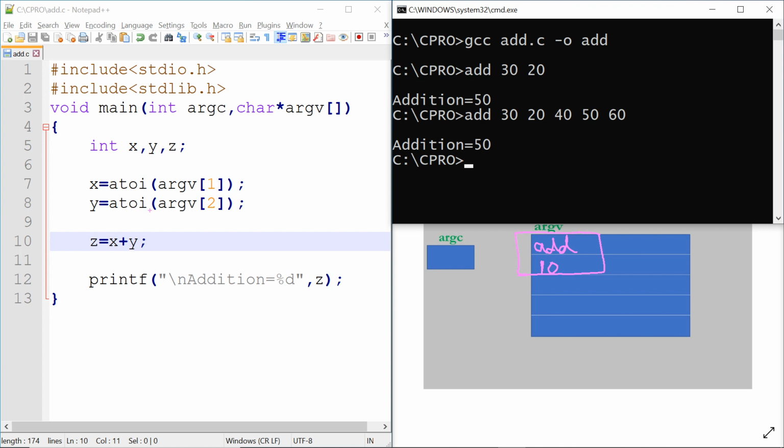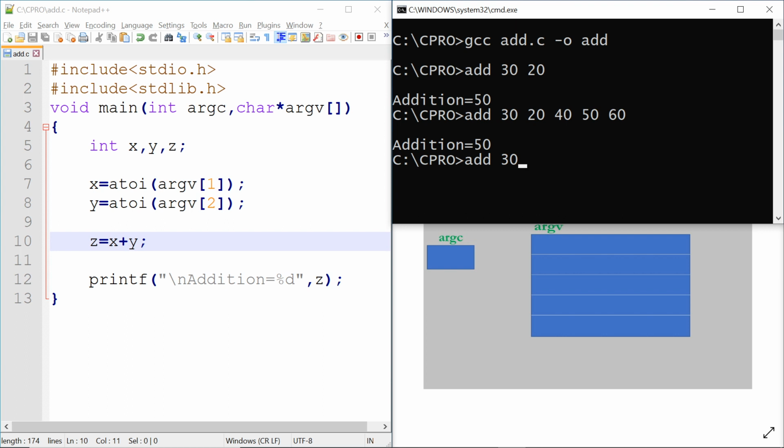And when our program accesses argv of 1, it will not generate any error, because argv of 1 is a valid string, the valid number that we have entered. But when our program tries to access argv of 2, an element out of the array's bounds, then there can be any random error that we can see, and we will have to handle this situation correctly.